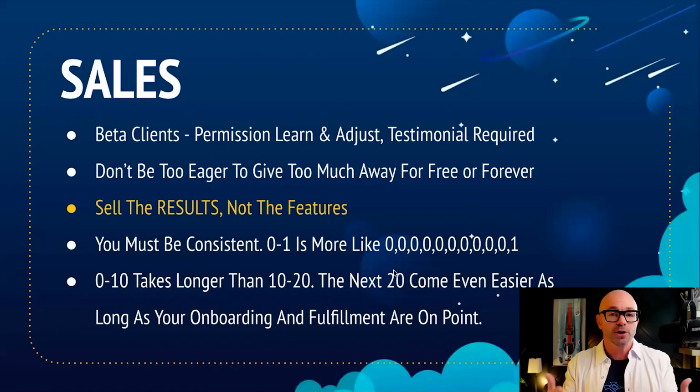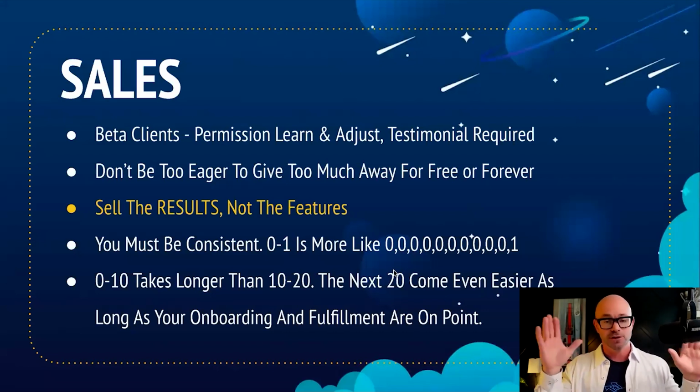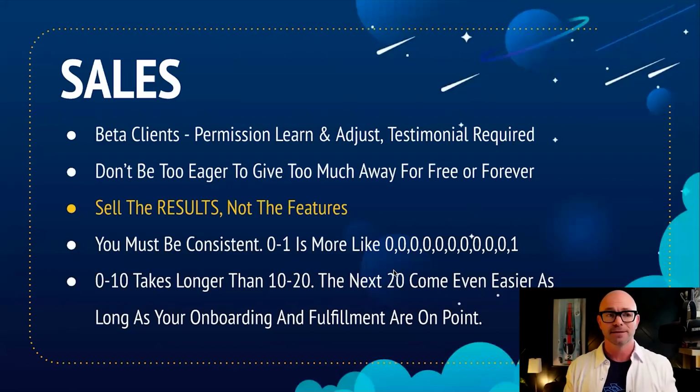The more transparent you are with people, it may take you longer to make the sale, but you have a better chance of keeping them while you make the sale. If you try to position yourself as the expert right out of the gate, and you're not, you're going to make mistakes. You might look foolish. So as a beta client, you don't have to tell people, hey, I'm just getting started, right? But hey, we're trying a new system here, and with what we do at our company, we're looking for some clients that would give us real world feedback on it. And so that way we can make an adjustment to make it perfect for everyone.